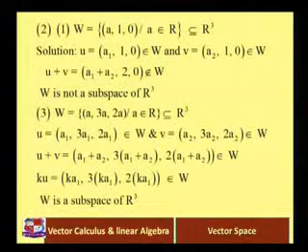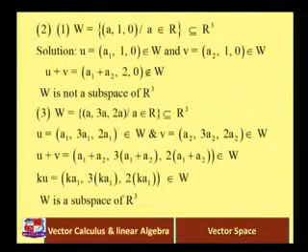So what type of elements are in the set? The first coordinate is a real number, the second coordinate is 1 and the third coordinate is 0. So that type of elements from R3 are in the set. Clearly, if we take u equal to (a1, 1, 0) belongs to W and v equal to (a2, 1, 0) belongs to W, you can see that u plus v is equal to (a1 plus a2, 1 plus 1, 0), so the second coordinate is 2. That clearly does not belong to W, because the second coordinate is 2.